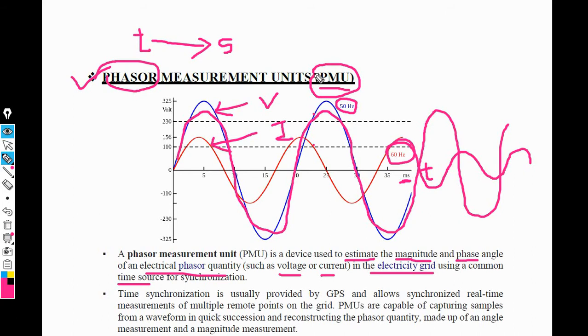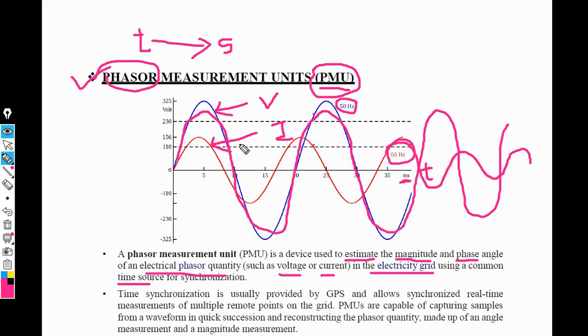Now in the university exam we need the block diagram of the phasor measurement unit. In the previous lecture I showed the phasor measurement unit block diagram, and this is the waveform of the phasor measurement unit. Also, in the phasor measurement unit we use the concept of synchronization. That means it operates continuously in the form of cycles, the positive cycle and negative cycle of the voltage and current. Also, the phasor measurement unit can be synchronized with the help of GPS, that is the global positioning system.